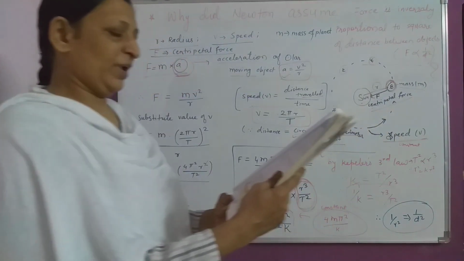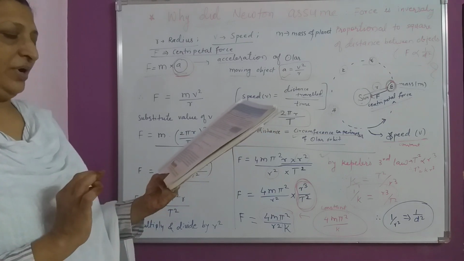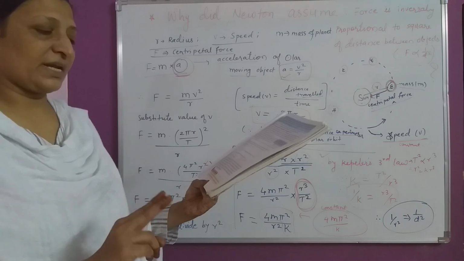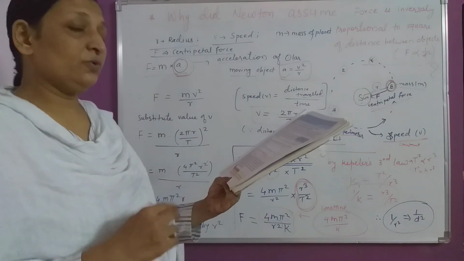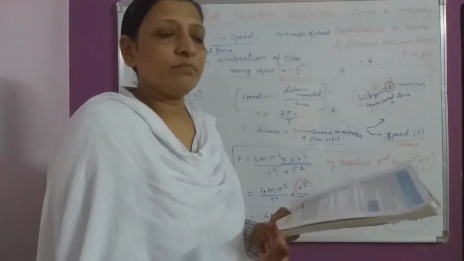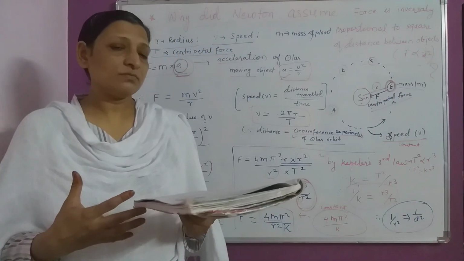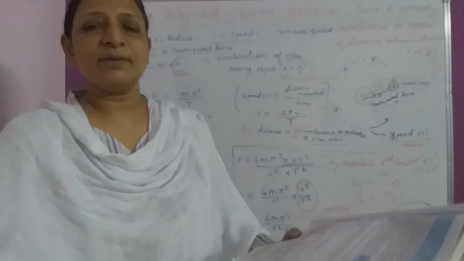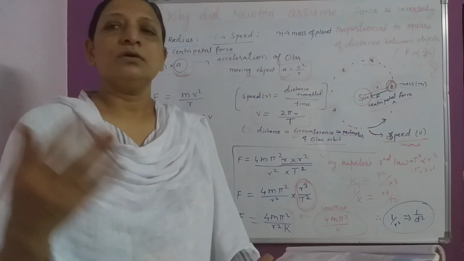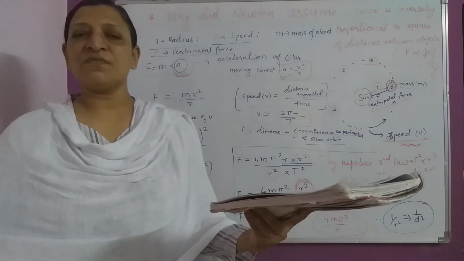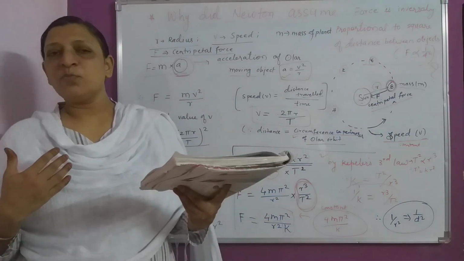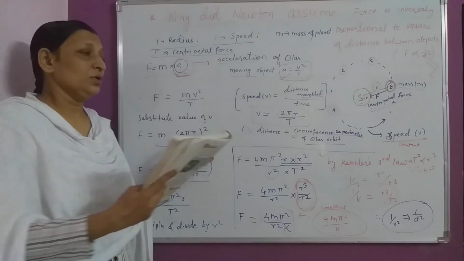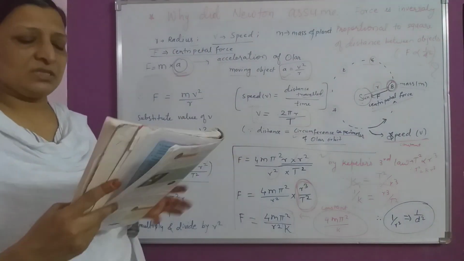Here at the end of textbook page number 5, they have given one point under use your brain power. Is there a gravitational force between two objects kept on the table, or between you and your friend, or between you and me? Is there a gravitational force? Yes, definitely there is. The two pens which are placed on the bench are attracting each other. You and your friend, you both have a force of attraction between each other. You and me, we all are attracting each other. Even the blackboard and myself are attracting each other. You are getting attracted toward the blackboard. Every object is attracting every other.